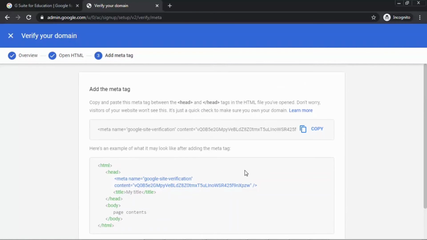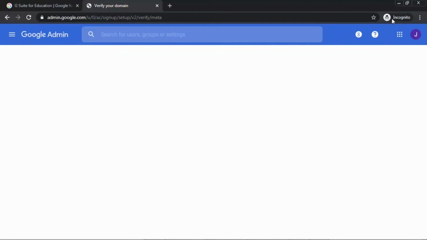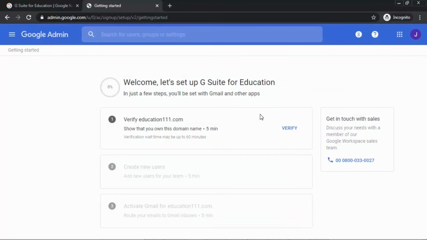I do not own this education111.com, this domain name here, so I cannot verify that. So I'm going to click on close. This is how you can verify your domain name, guys. And once you have verified your domain name, in my case that is education111.com,